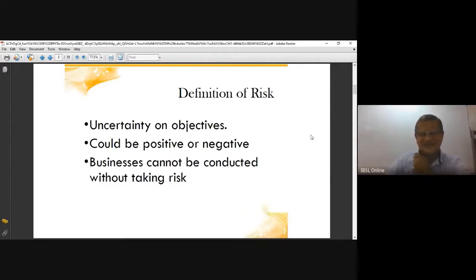We'll take an example. In your daily life, sometimes you go and buy lottery tickets. You go to a lottery ticket holder and pay 20 rupees and buy a ticket. Your objective is to win the prize. When the results come out on the draw, if you win more than your investment, you are a winner, and in that case you have a gain. If your numbers don't match the winning numbers, you tend to lose your investment.